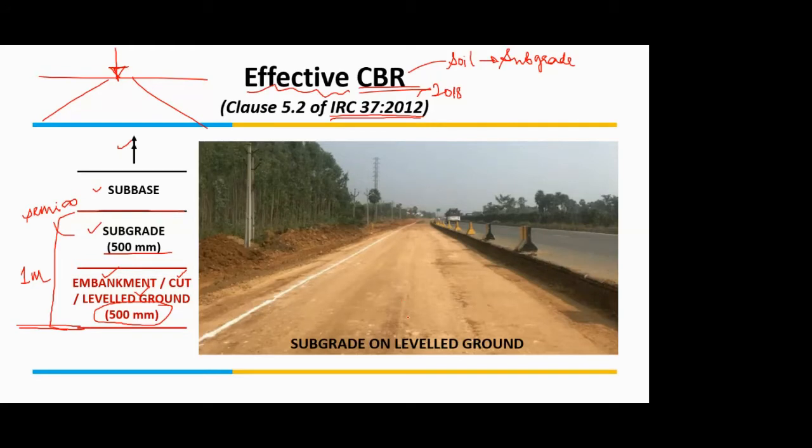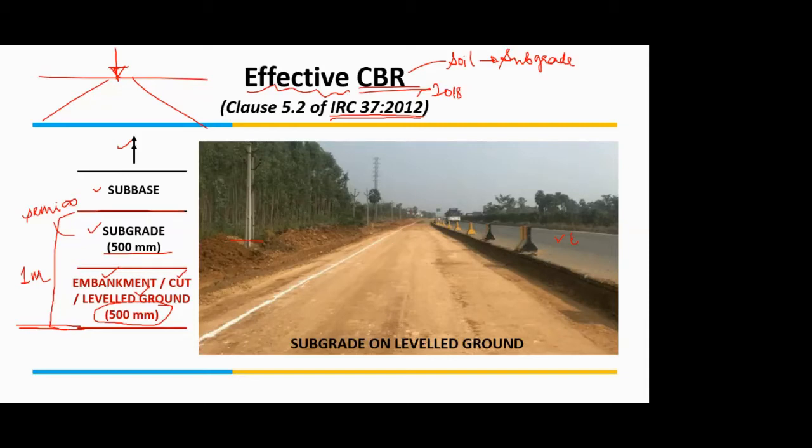So this is an example of subgrade on level ground. If you see, it's a highway from India itself. It's a widening project, and this right side is already an existing road, and it is to be widened on the left side. You see, it's an eccentric widening, eccentrically to the left. This is the prepared subgrade, and if you see the surrounding levels, it has trees or forest on both sides. But if you see the levels, the forest or tree line is not below this road level, nor very high above it. It is just at the level.